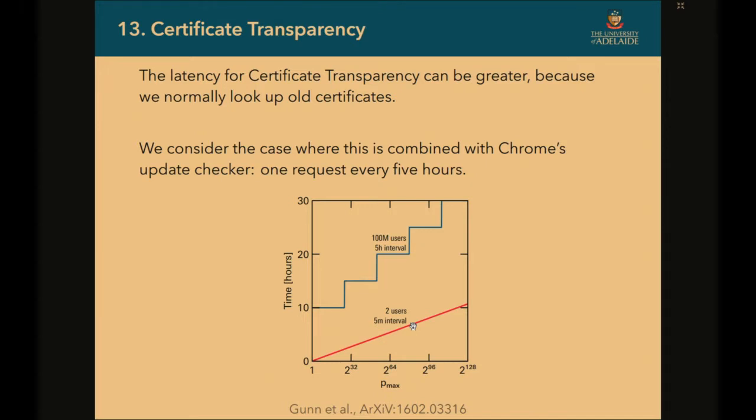Now, things like certificate transparency, where you have really, really large numbers of users using it, you can get very good bounds here. It doesn't take very long when you've got 100 million users and you want none of them to find out that something's going wrong. It doesn't take very long before you're quite certain that this would be hard. And again, the numbers we used here are just coming from Chrome's auto-update functionality. In reality, it's unlikely that Chrome is going to suddenly start using a mixnet or something to connect their auto-update software, but this gives an idea of how you might go about doing it.